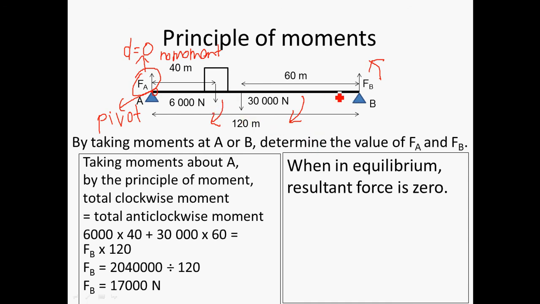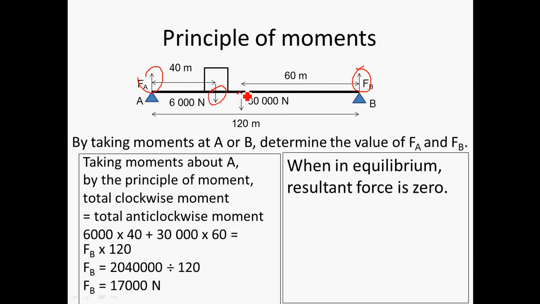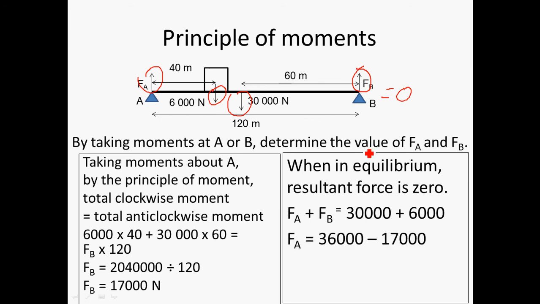Okay, let me just remove all this first. These two forces, this one and this one, are upward, and these two are downward. So these four forces must balance, because there's no resultant force going up or down. So because of that, FA plus FB is equal to 30,000 plus 6,000. So FA will be 36,000, which is the sum of these two, minus FB, which is 17,000, giving you